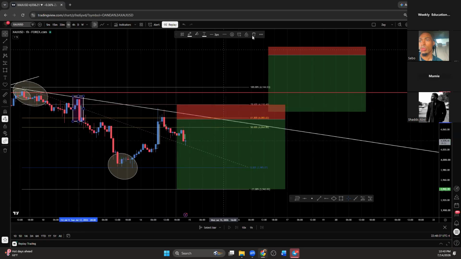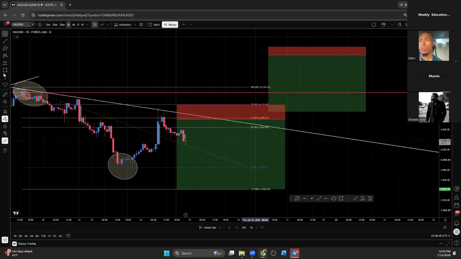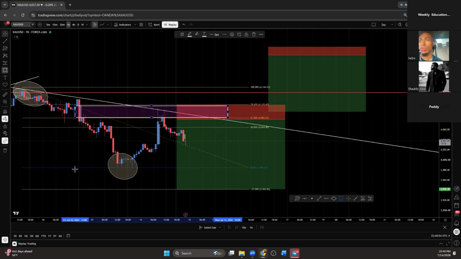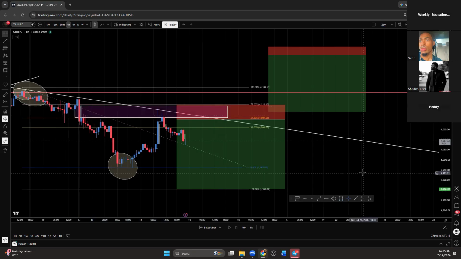So even with it being a bearish engulfing, a bearish order block, this is also something else that I like to see, something I talk about all the time. This is why I enter the market. And someone tell me what this is right here, what I just drew. That's a fair value gap. Come on now, talk to me. Right at your fair value gap, your 61.8 area, FVG. That's probably your best friend.